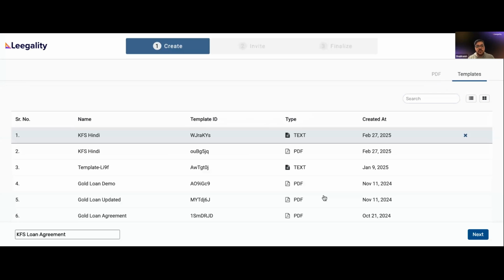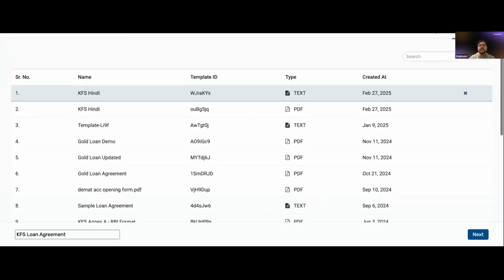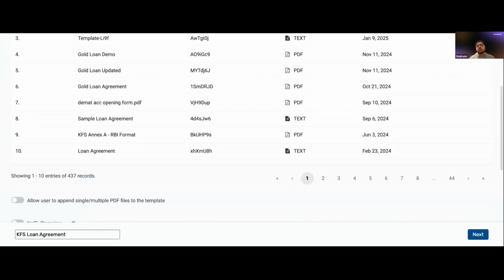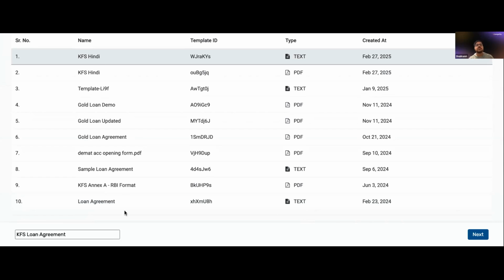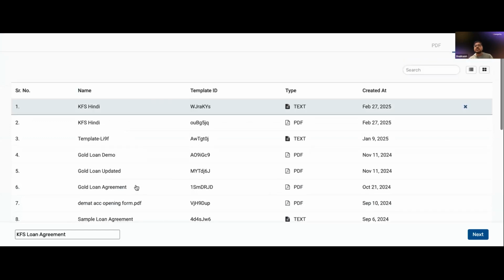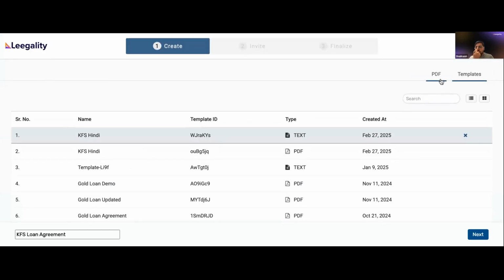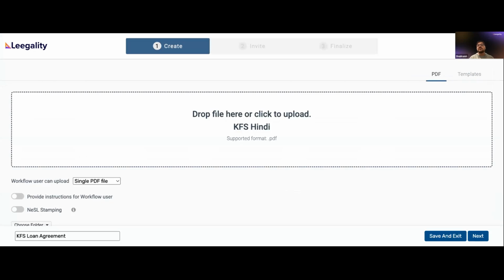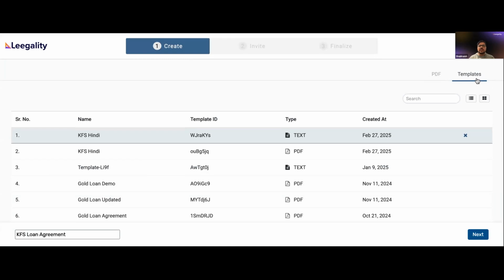So I've opened this workflow. The first step for any workflow or sending any document is to create the document. If you see, we have a bunch of options here, all the templates available. This is a Hindi KFS template that I've chosen for this workflow that you saw in the demo. But I've also put an English KFS template in my sandbox. And let's say you don't want to use a template, you have a LOS LMS system which is creating these KFS in vernacular languages already. You can simply pass the PDF version of those KFS to Legality and we'll get your signatures on those.